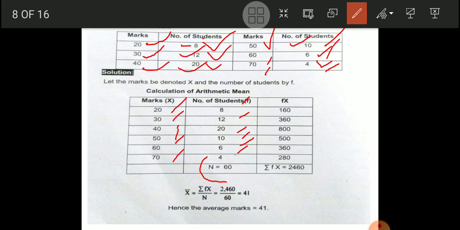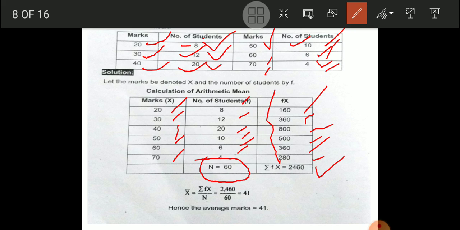So the number of student observations is 60. Now fx is the frequency multiplied by the obtained marks. So these values: 20 into 8 is 160, 12 into 30 is 360, then 40 into 20 is 800, then 50 into 10 is 500, and 60 into 6 is 360, and 70 into 4 is 280. Summation fx, the total of this, is